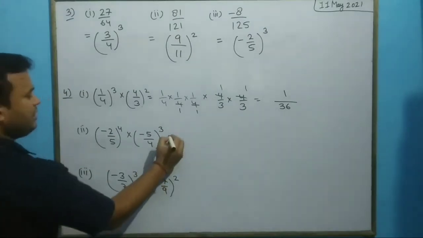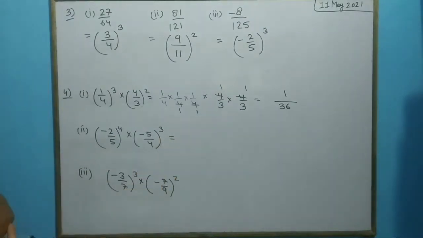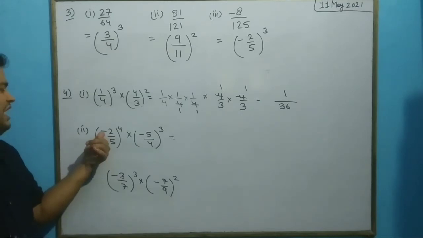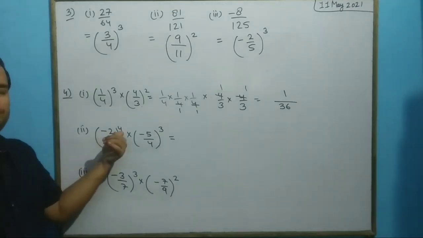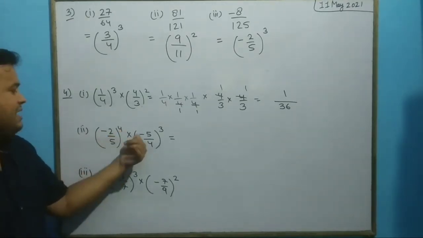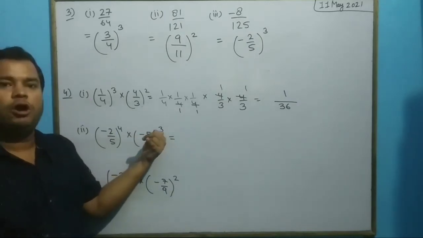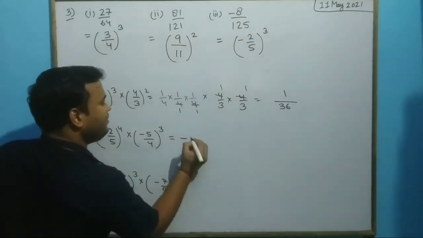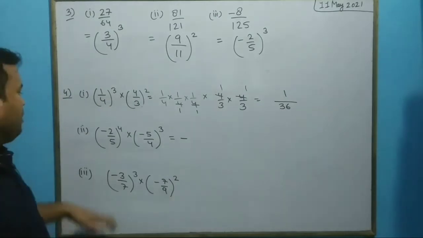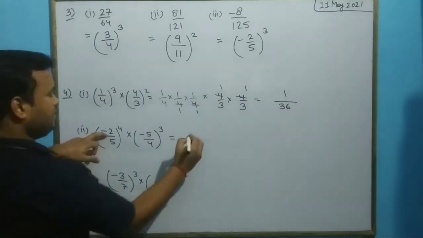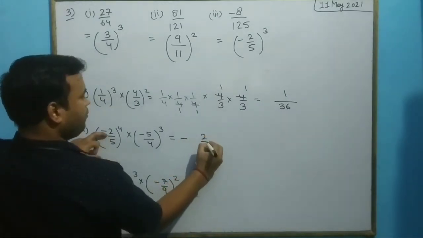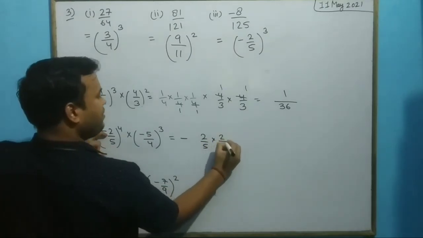Now again, let us see here. Okay. Here there is also negative numbers. Negative to the power even, it will be positive. Now again negative raised to the power odd. So the answer will be in negative. Okay. Now let us see the numerical part. It is 2 upon 5 multiplied how many times?